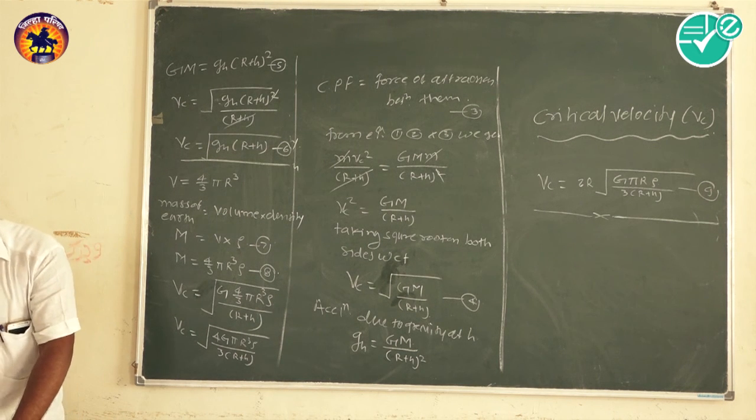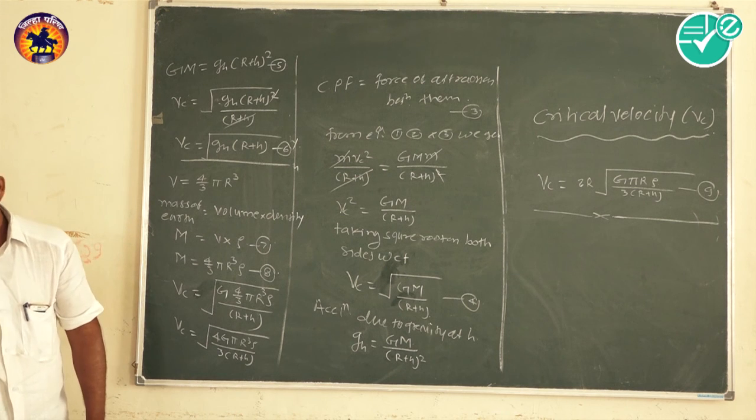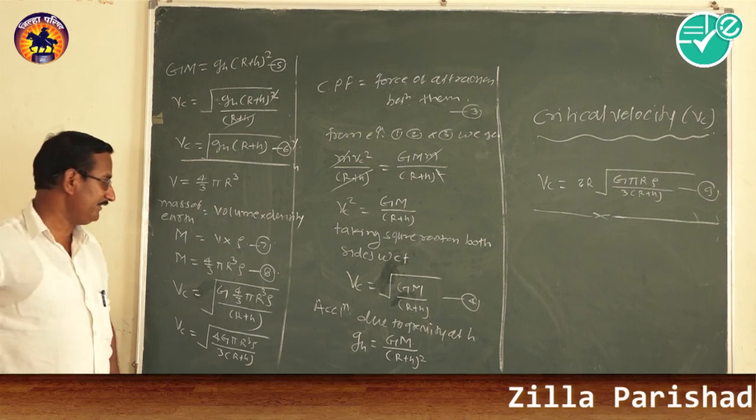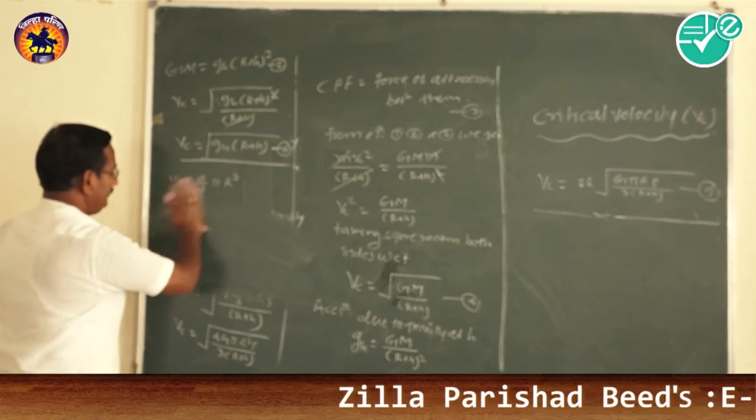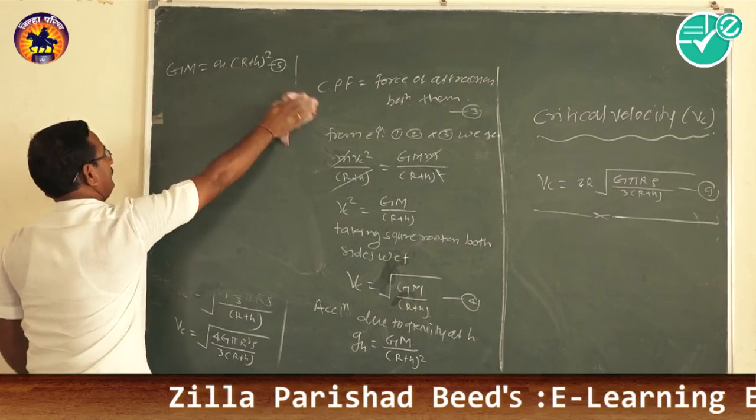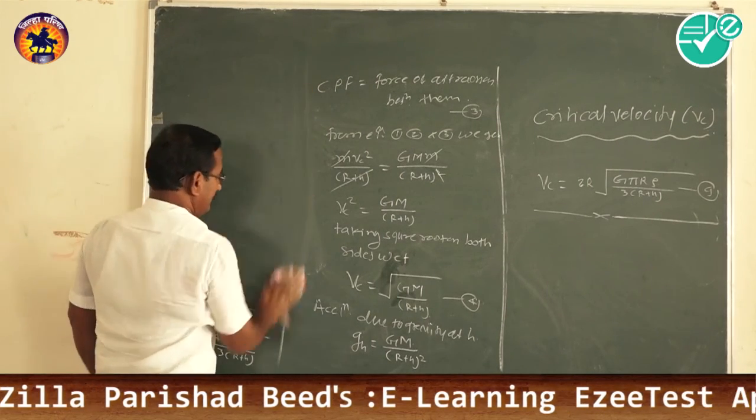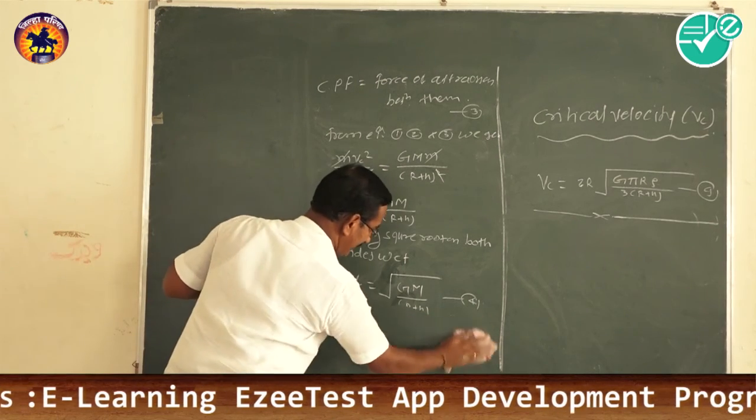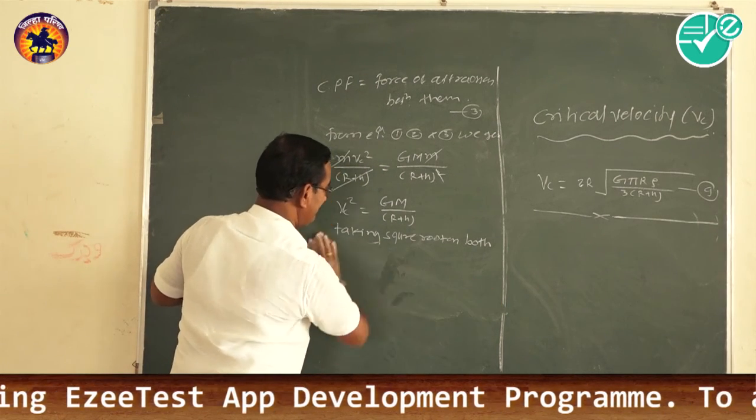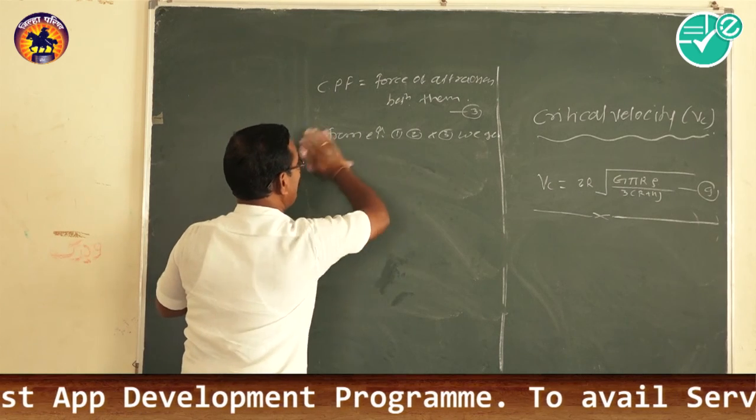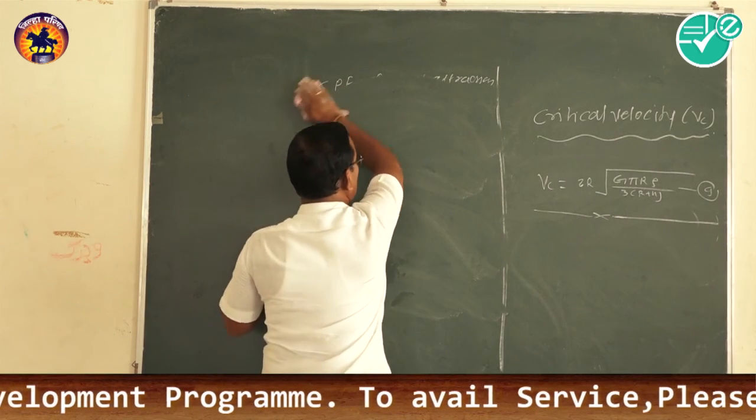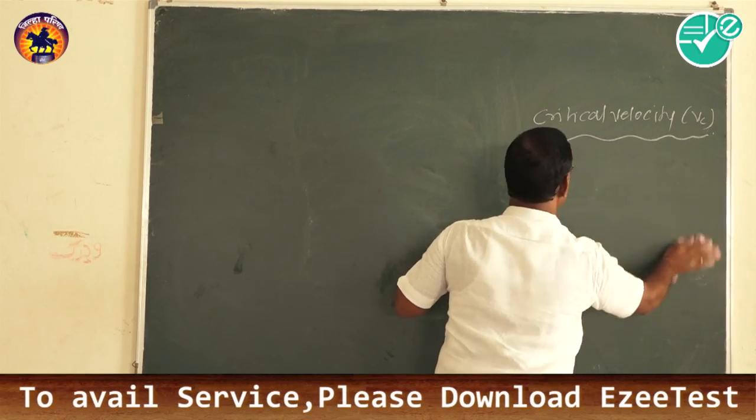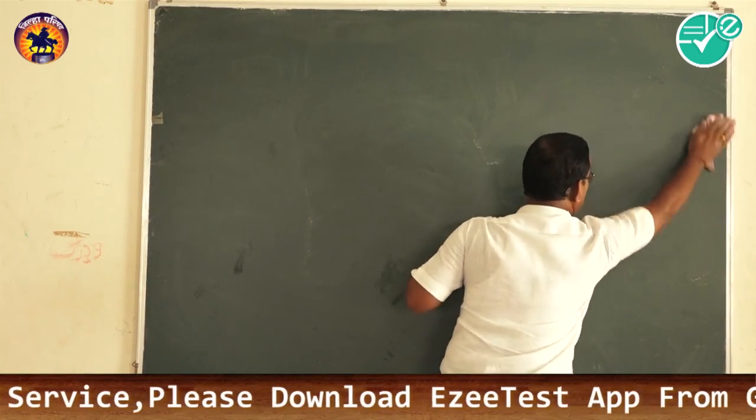Then we have the satellite which is revolving around the Earth. Again the question arises in our mind: how much time is required for the satellite to complete one revolution around the Earth, that is the